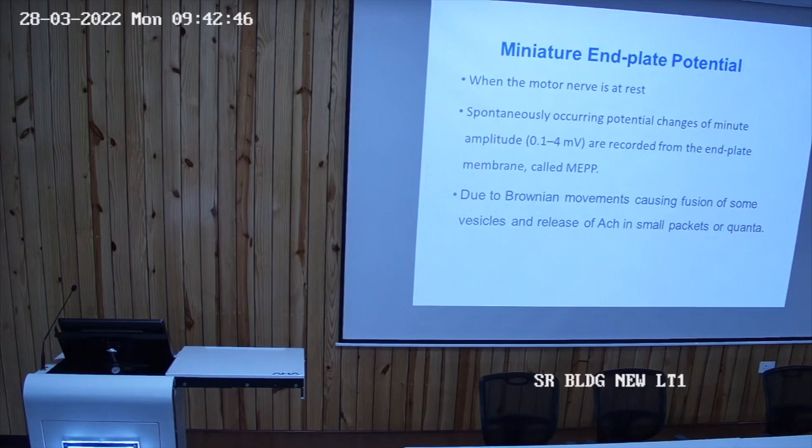It is due to the Brownian movement actually. And the size of the quanta, वो कब वैरी होगा, it is directly proportional to the calcium influx, जितना कैल्शियम का इन्फ्लक्स होगा उतना ज्यादा होगा, and it is inversely related with magnesium concentration. मैग्नीशियम अगर ज्यादा होगा तो रप्चर कम होना शुरू हो जाएगा, ओके।